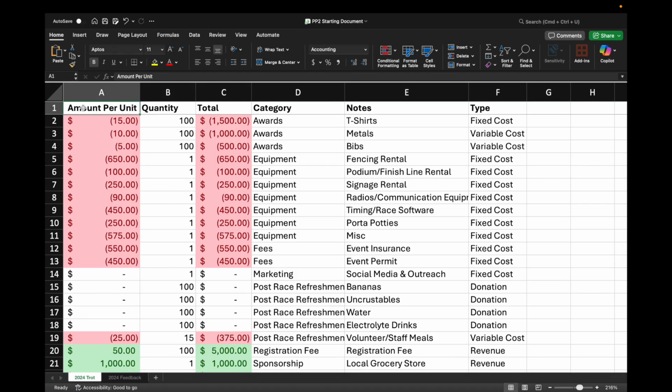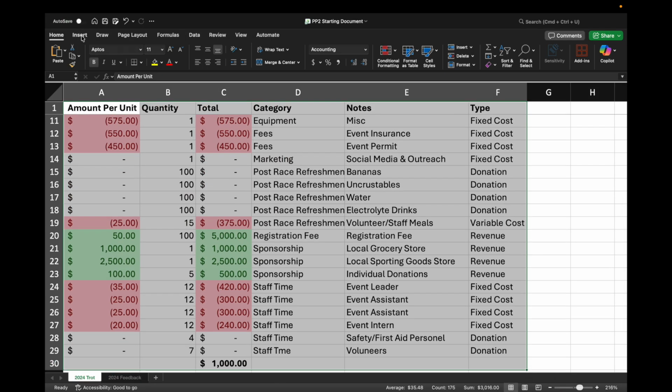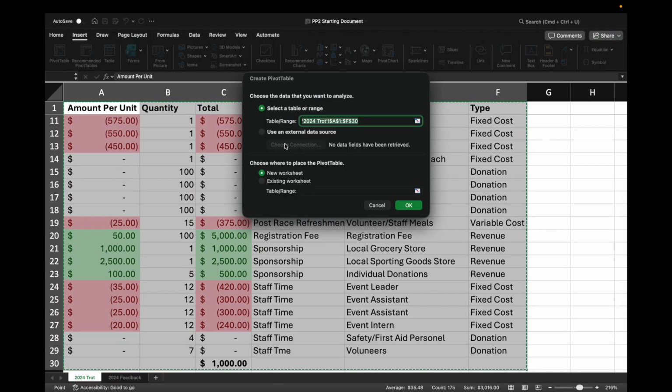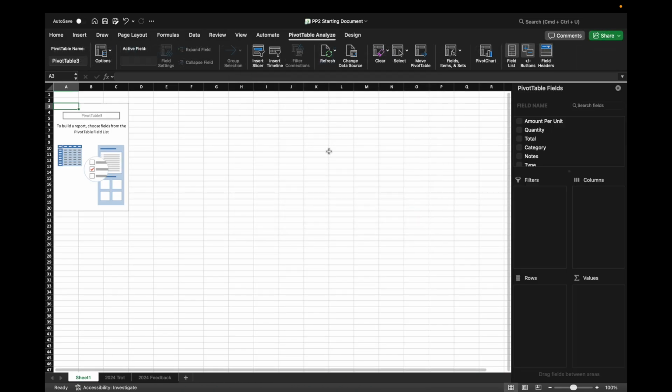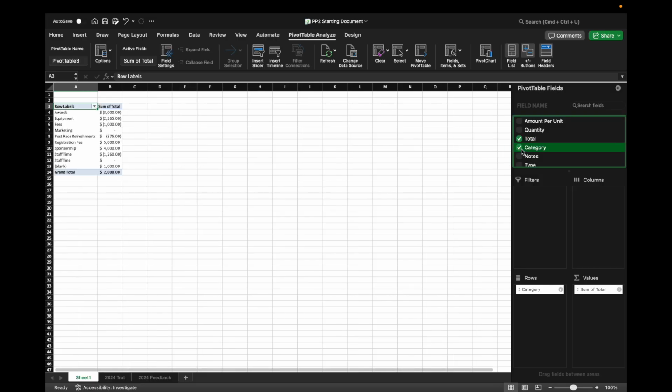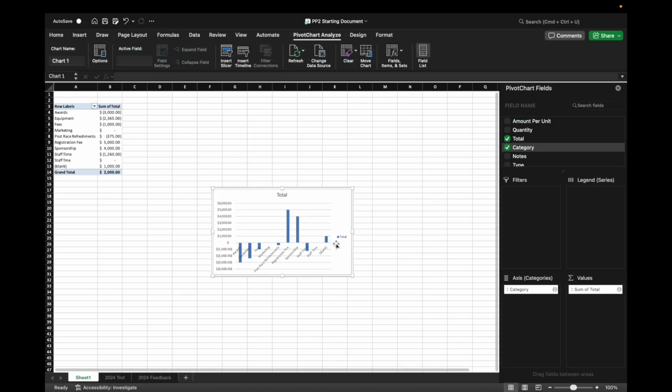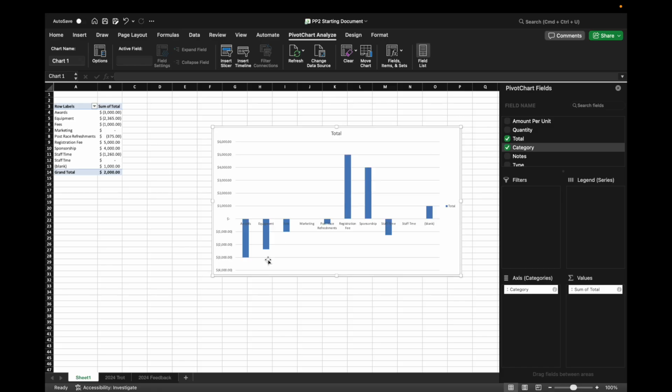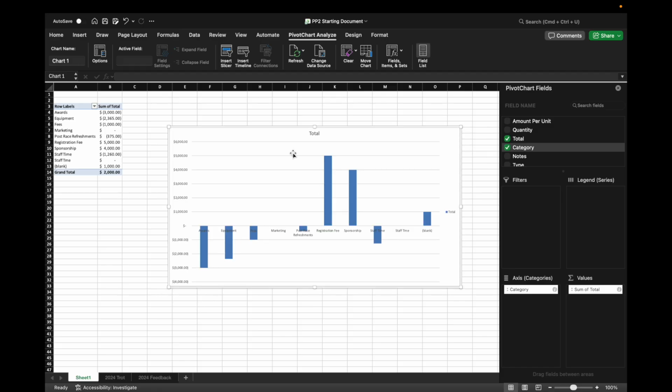year. So what we're going to do is we're going to select all the data here, come over to insert, pivot table. This should all be familiar to you. And we're going to pick some fields that we want to include in our first pivot table. So I might include the total cost and the category. From there, I'm going to come over to insert and then select pivot chart. Gives me a default. It's kind of ugly and not the most helpful for understanding this information.